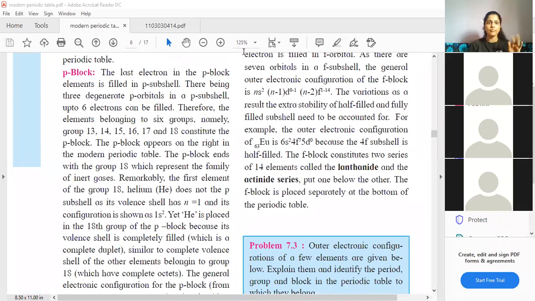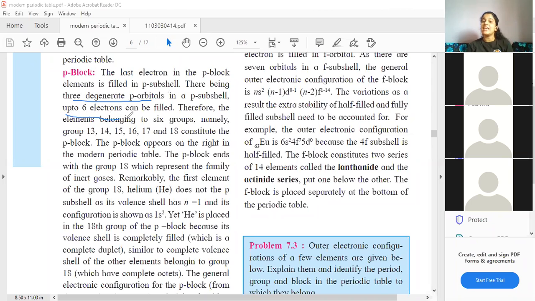Okay, fine. All right. Now, see what is written in the P block. The first statement is very much an obvious statement: the last electron in P block will enter the p subshell, there being 3 degenerate p orbitals. You all remember I taught you in the previous session, or from the Structure of Atom chapter, that the p orbital is infinity shaped or dumbbell shaped. There are 3 possible orientations, px, py, pz. Yes or no? So that is what they have written over here.